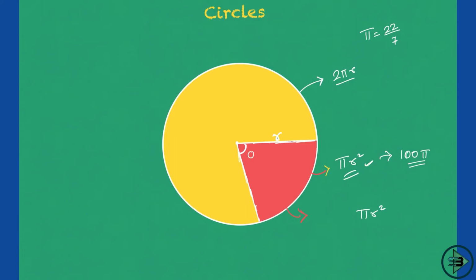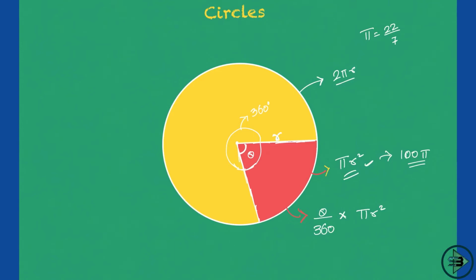So if I say this angle is theta, you will find out theta is what part of the total. What is the total angle here? That is nothing but 360. So you will say theta is what part of 360? Give me that much part of the area, and that will be the area of this sector. So the area of the sector is given by the formula theta upon 360 into pi R square. So it is a part of the area that is dependent upon this.